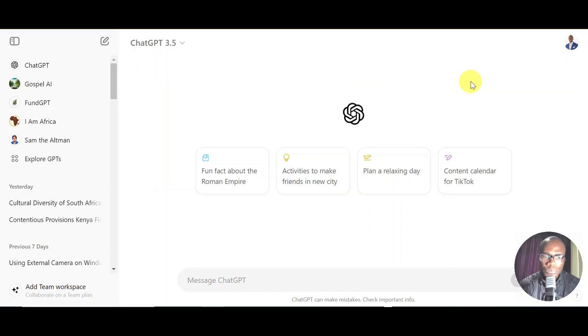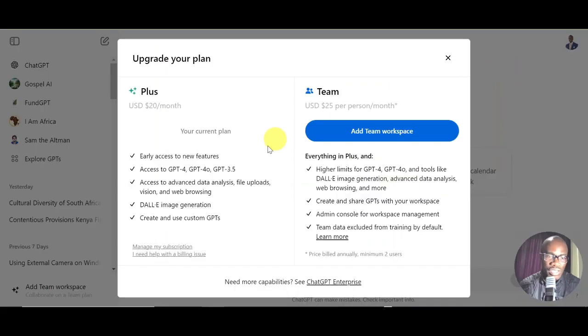I do pay once in a while. I pay for the premium account when I need to use it, and when I do not need to, I use the free version, when I want to use it without the limitations. So the Plus account is $20 per month. It gives you early access to new features, access to GPT-4, GPT-4o, and GPT-3.5, advanced data analysis, file uploads, vision and web browsing, DALL-E image generation, and